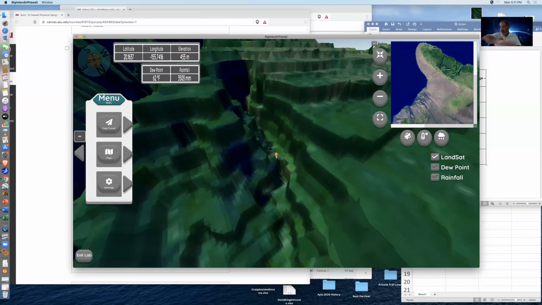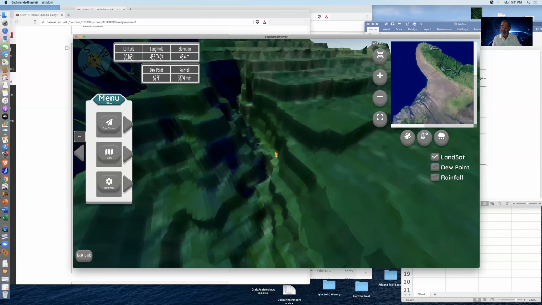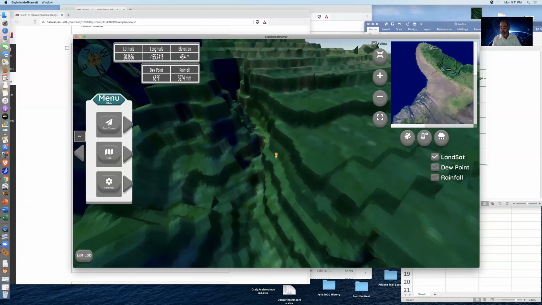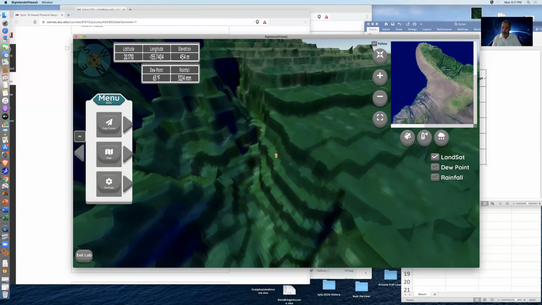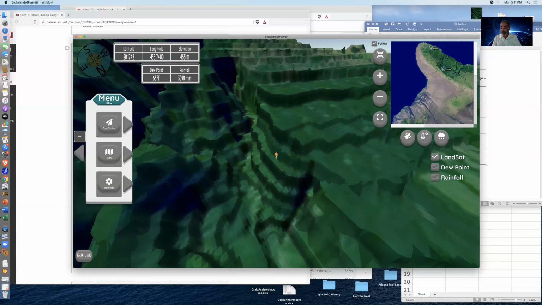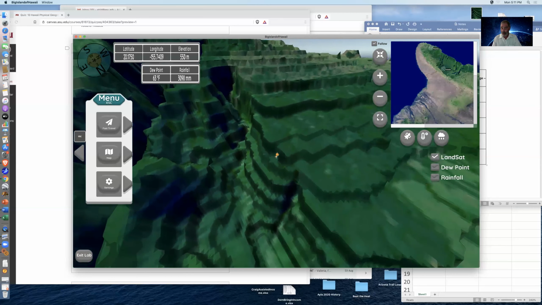elevation instead of a nice smoothing of topography like you can see in Google Earth? And the answer is that Google Earth's topography is not the data. In science, we deal with the data as it exists. The data are block data. It's grid cells at 30-meter elevation or at very best 10 meters of elevation for the Earth. And so we're portraying you the real scientific data, not the altered and probably incorrect way it's portrayed in Google